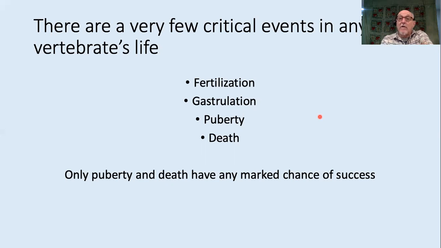And if things do go wrong in gastrulation, very often that embryo will actually be aborted. And this is quite a frequent occurrence because gastrulation is a very complex process and an essential process for development. We're not going to talk about it, just be aware that you successfully passed through gastrulation, and that's how you